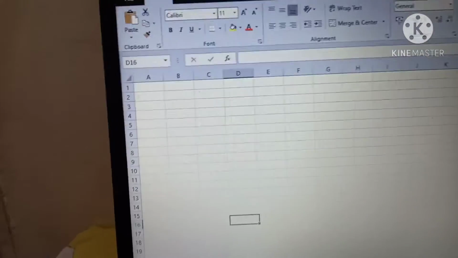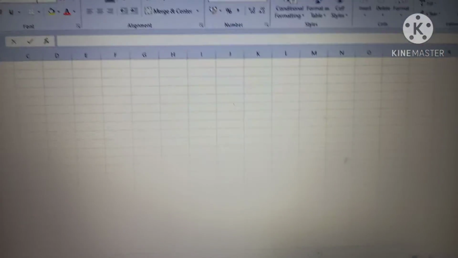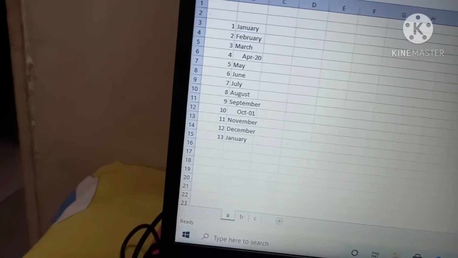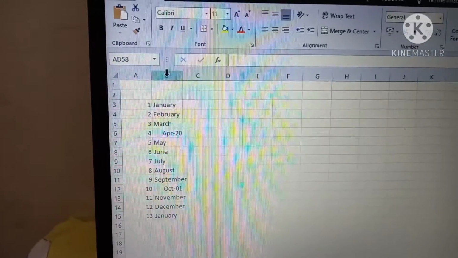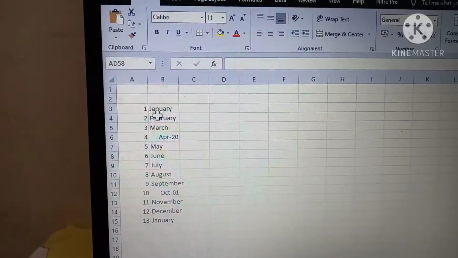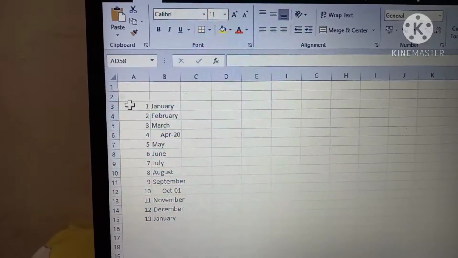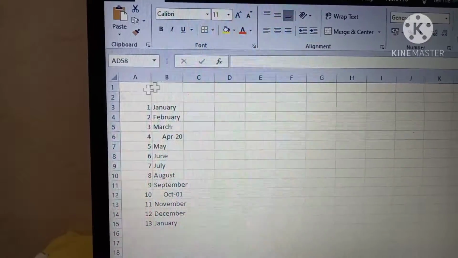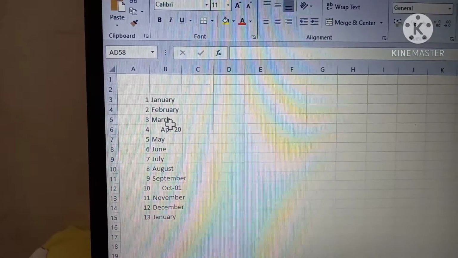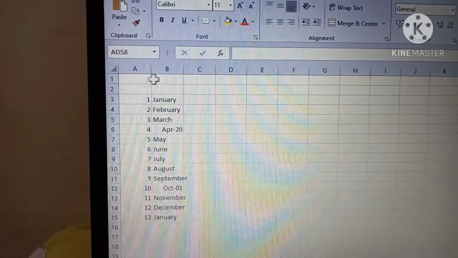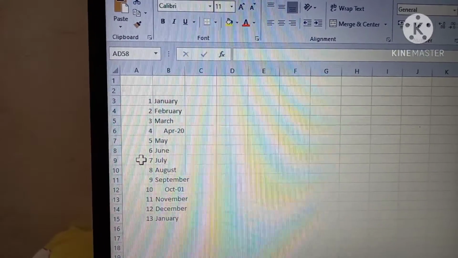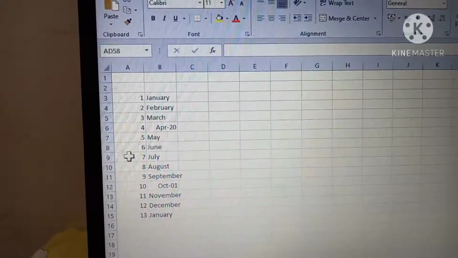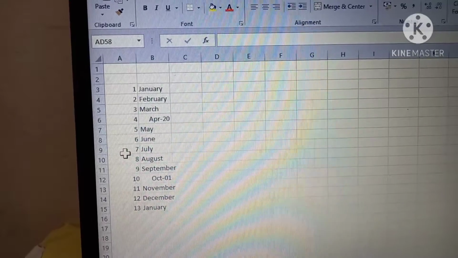You have 3 worksheets, right? So if I click on A, whatever things we just saw are here. Scroll this side, now scroll it vertically on top, whatever we did is here. Now how to read the cell, children, see, I will read the cell. Where is January? In which cell is it? It is in B3. B column and 3rd row. Where is March? B column and 5th row. Now where is the serial number 5? It is in A column and 8th row. So it is in 8A.